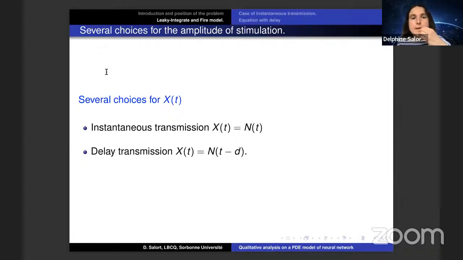Okay. So all the dynamic is finally given by x of t, and there are several choices for x. There are infinitely many, but in this talk we consider two of them. The first is x of t equal n of t, because originally the mathematicians studied this case. And in this case, if you want to observe the qualitative dynamic, there is not